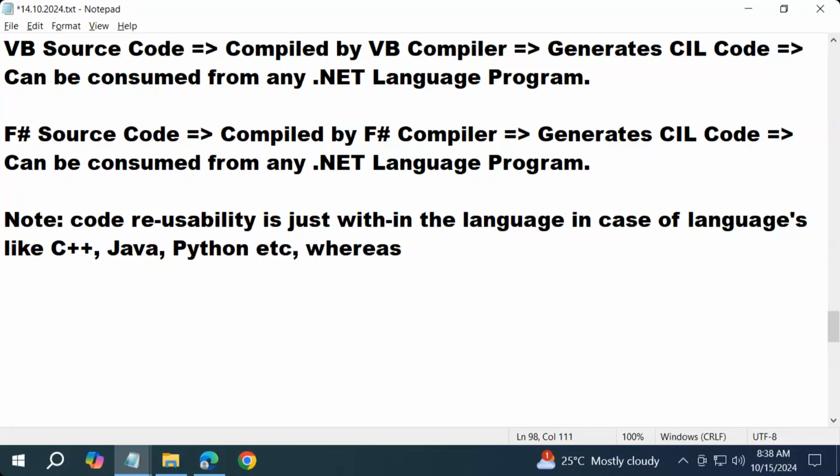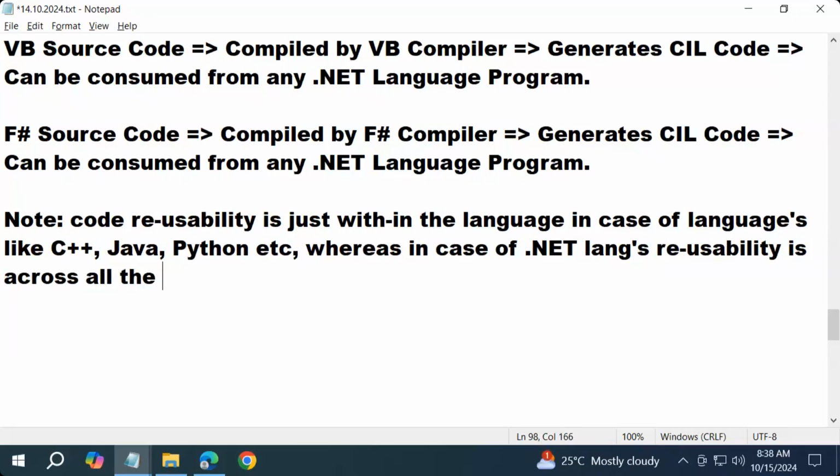Whereas in case of .NET languages, reusability is across all the .NET languages. It is across all the .NET languages. Are you clearer or not? Across all the .NET languages, and we call this as